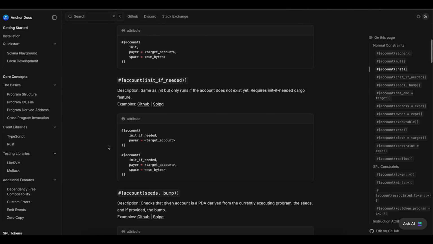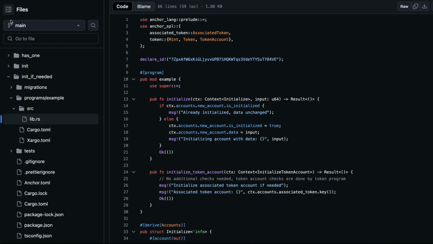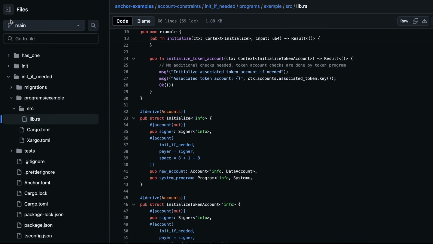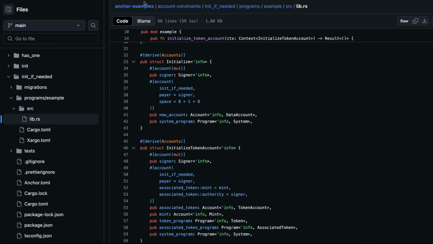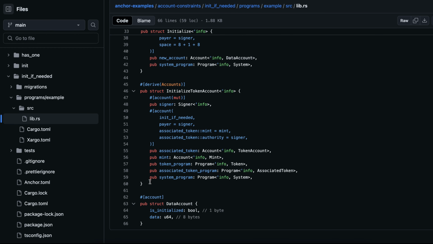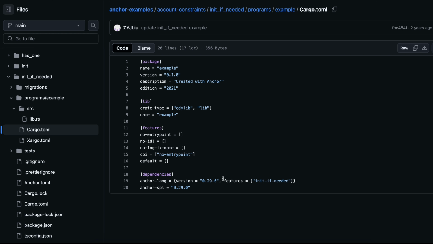The init-if-needed constraint in Anchor combines initialization and read access. It creates the account if it doesn't already exist or loads it if it does. This can reduce friction for end users by avoiding two separate transactions, one to initialize and one to use. Anchor disables this feature for security considerations unless you explicitly opt in by enabling the init-if-needed feature in your Cargo